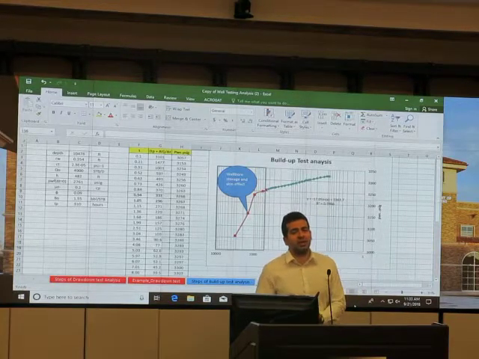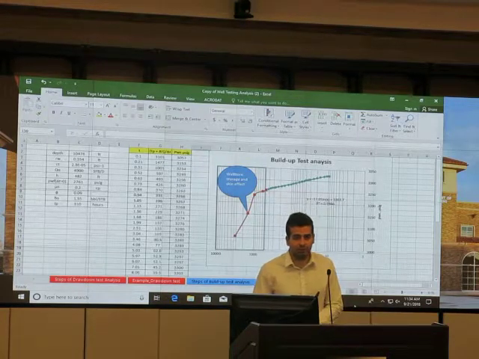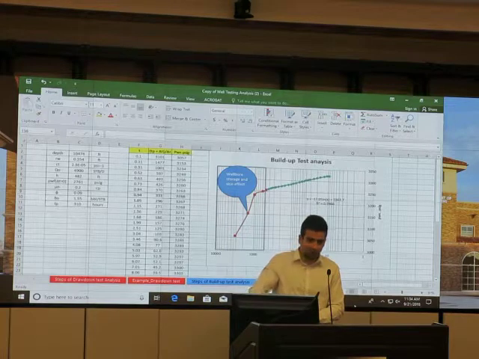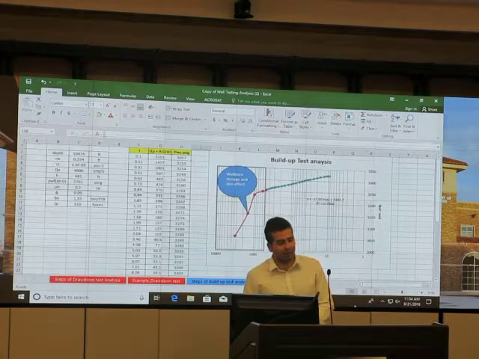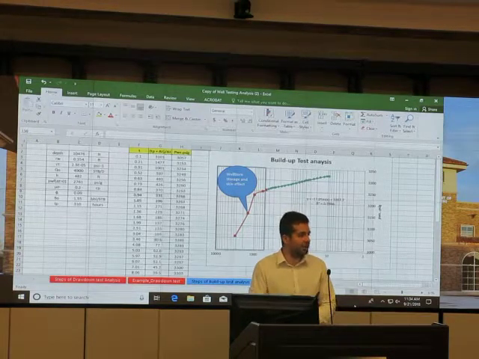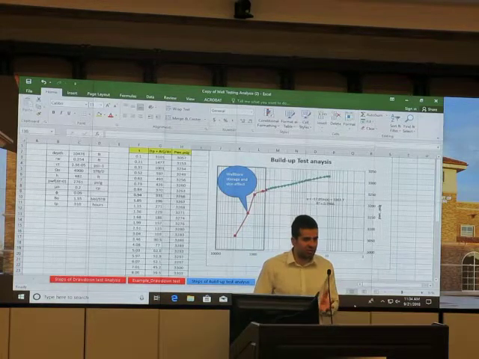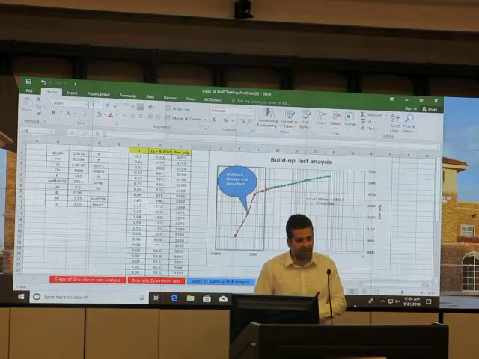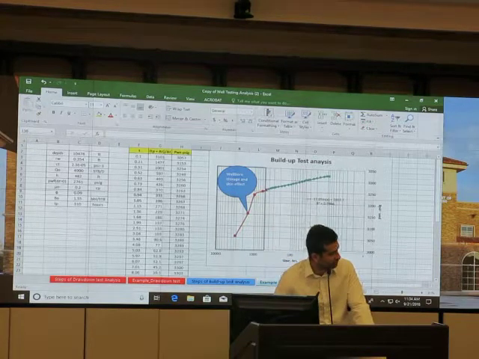So this time, let me explain it again. In a drawdown test, you let the oil flow, and then you can calculate the pressure. For the second one, the well is flowing, and you shut it down. The pressure starts building up. So this is vice versa. Again, you can get information from the recorded pressure data.